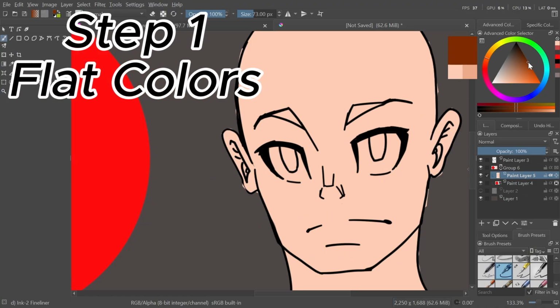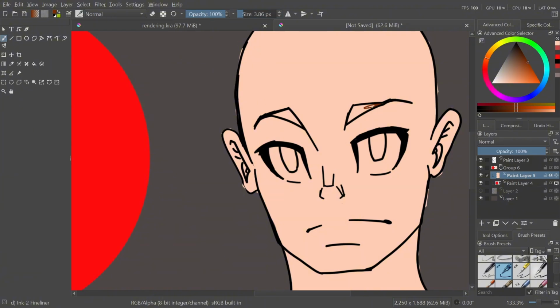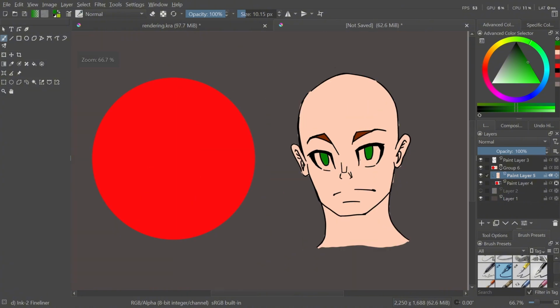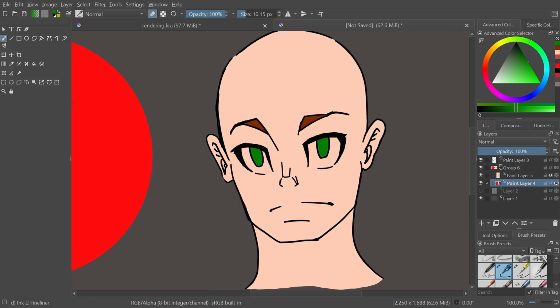Alrighty, for step 1, you want to lay down your flat colors on a single layer. There's not much to really say about this part of the process. It's really just finding the colors that you like and getting them put together on a layer. You want to know what colors you have and what colors you want, because you're going to be using those colors for a decent bit in the rest of this tutorial. Not much else to say there. Just be sure to alpha lock that layer, and then we can move on into step 2, where we create